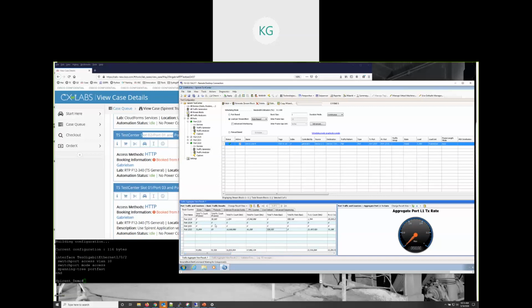Let's see. Bits per second. Total frames. Here we go. So total TX rate in frames per second. So I can see right now port 2.2 is transmitting 1,000 a second, and port 1.3 is receiving at 1,000